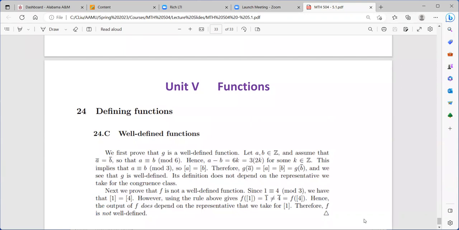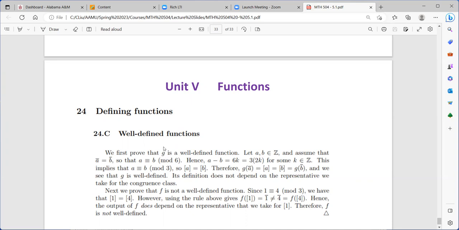For G, this is easy to prove. We are going to prove that G is a well-defined function. Remember, G is from Z6 to Z3, from congruence classes modulo 6 to congruence classes modulo 3,